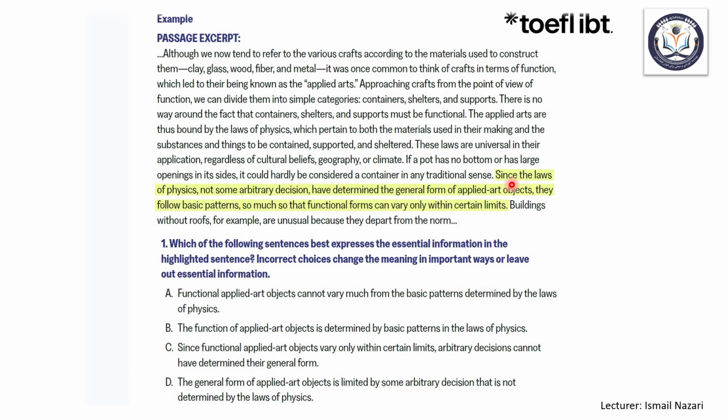First, transition signals. Second, the type of clause which is used, main clause or dependent clause. If it is the main clause, usually the main point or the major idea is expressed in the main clause, and the dependencies would be explained in dependent clauses. So it's very important. And after that,